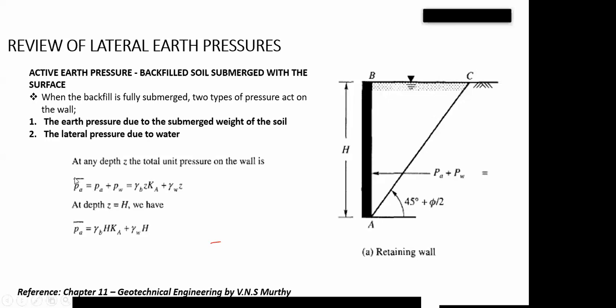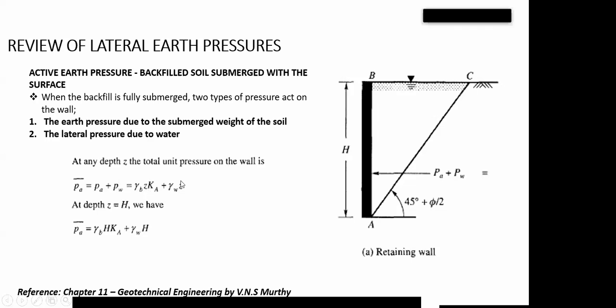Like I said, your resultant active pressure is going to be PA plus PW, that is, pressure due to your earth material and also pressure due to water. We've derived this to be alpha, unit weight times depth times K. Now, if you see that this unit weight has subscript b, what that basically means is: